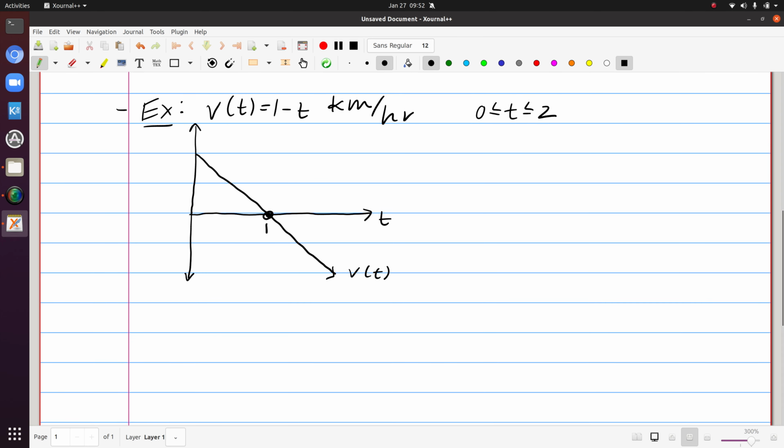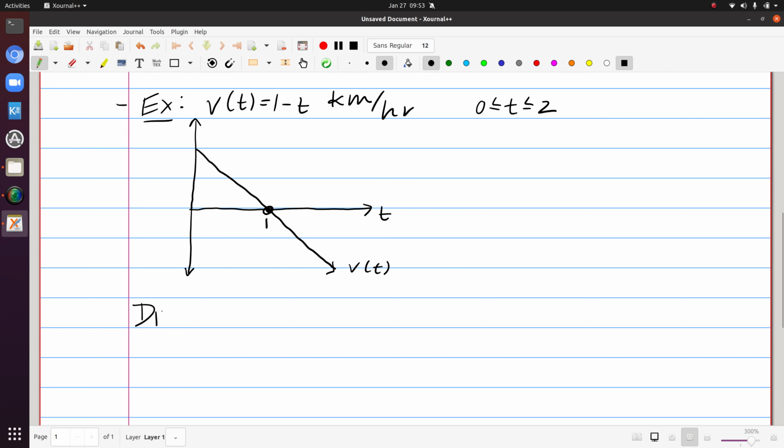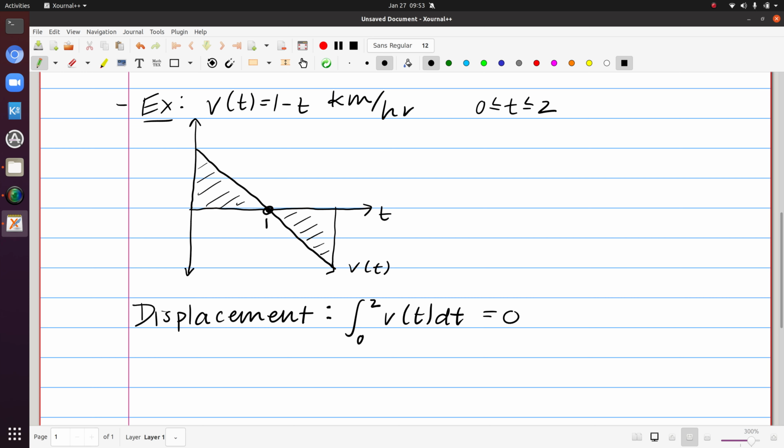Notice that if I wanted to compute the displacement over those 2 hours, I would just integrate exactly this function. And we're going to get 0, which we could see by either computing that integral or noticing that we have equal area here. One is positive and one is negative. However, if I wanted to find the total distance over those 2 hours, we would integrate